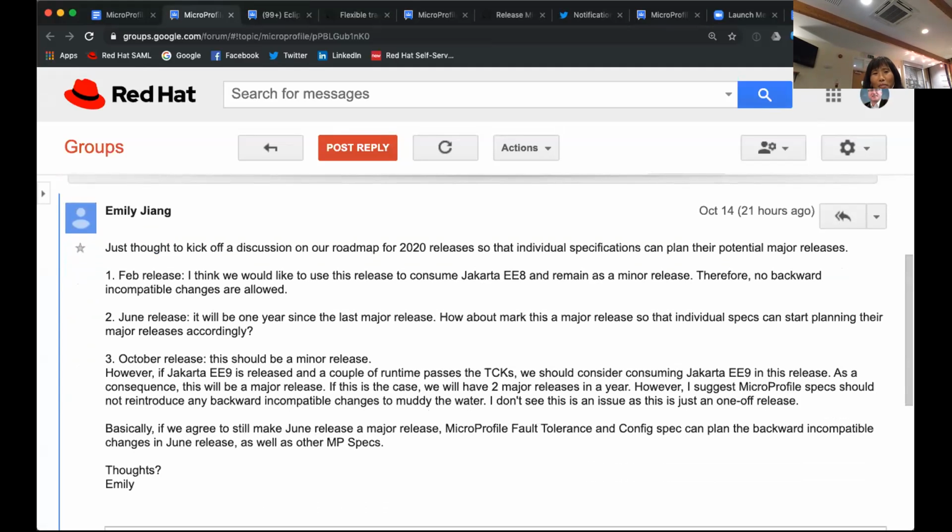If magic happens, then in 2020 we have 2 major releases. However, from MicroProfile specifications' point of view, we still allow 1 major release, and October, if it's a major release, that's only for Jakarta EE9. I don't know what other people think.